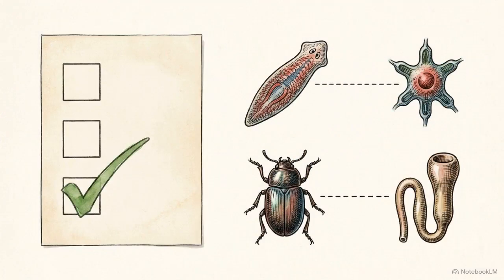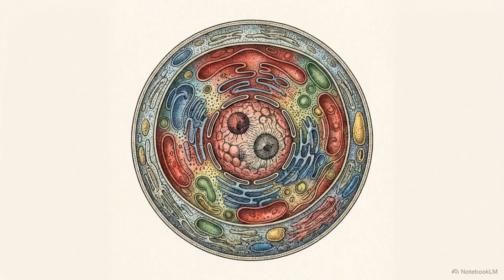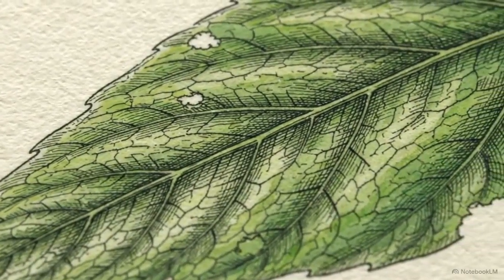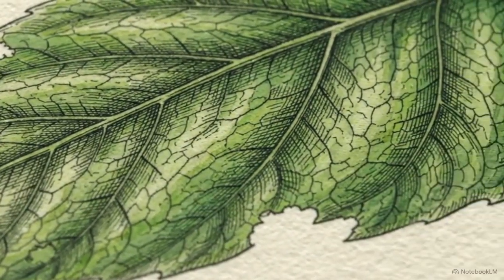Third, accurately match every animal phylum discussed to its specific excretory organelle, from flame cells and flatworms to Malpighian tubules and insects. Whether it is a tree shedding a leaf or a human kidney filtering blood, the biological goal remains identical: preserving internal cellular homeostasis. Biology wastes nothing. The chemical exhaust that would poison a cell is predictably harnessed, becoming the defensive armor of a tree, the medicine that cures disease, and the evolutionary pressure that built our own internal organs.